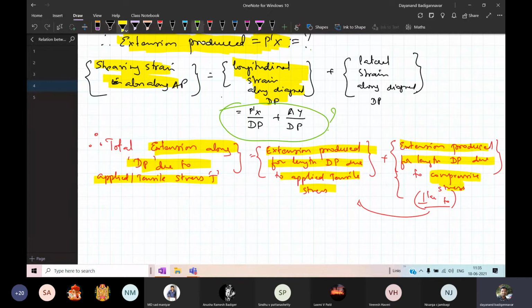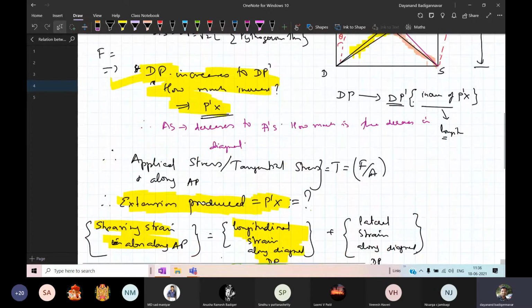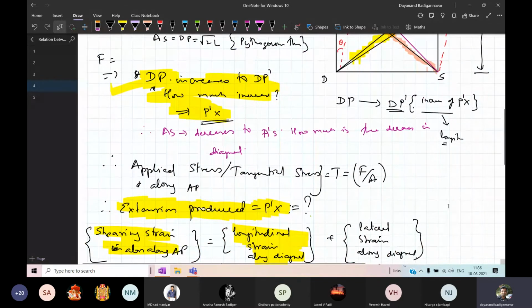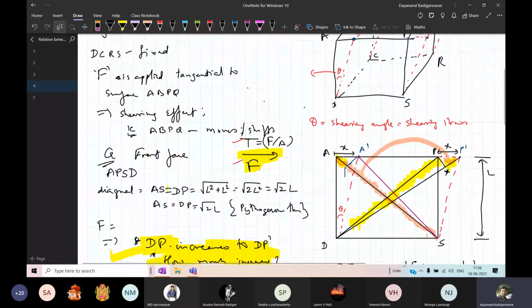This is the tensile, and here it is compressive. This is the compressive. You mark this. Okay, this is the case. So this is the compressive stress, and this is the tensile. Where does compression happen? Compression happens here along the diagonal, on this side. So this is the region where you get the compression. Here you get the expansion. So however much compression happens here, that much expansion happens there. Understood? So its contribution happens here.